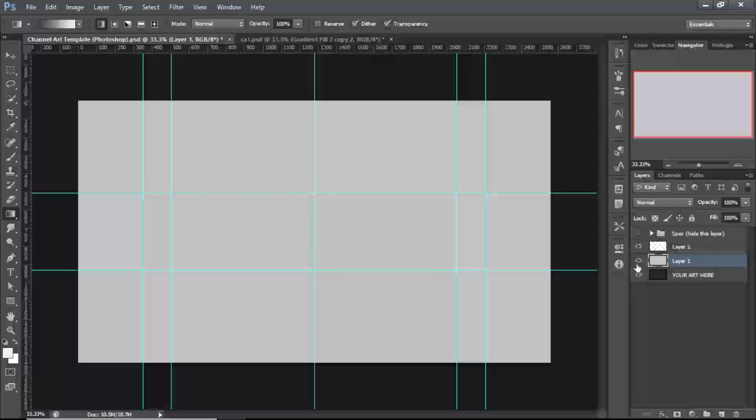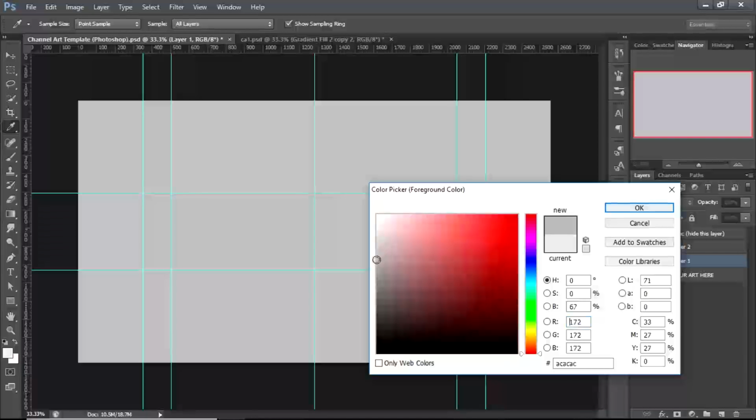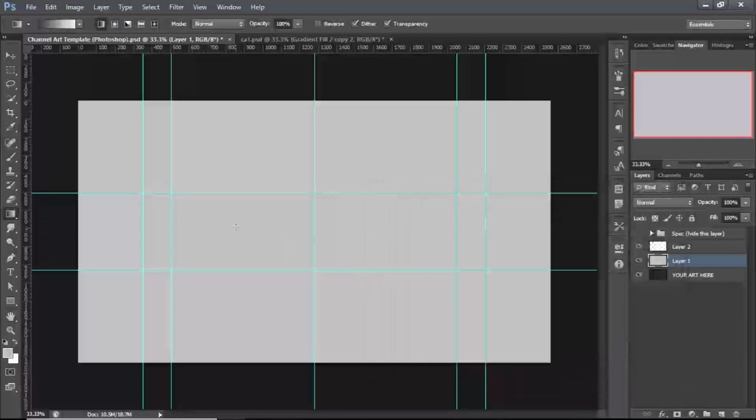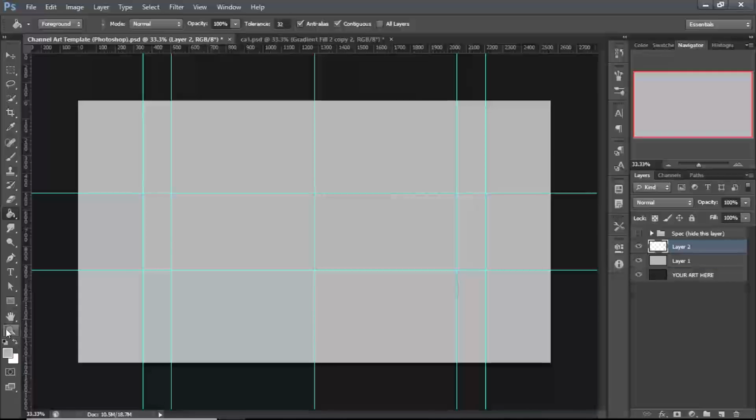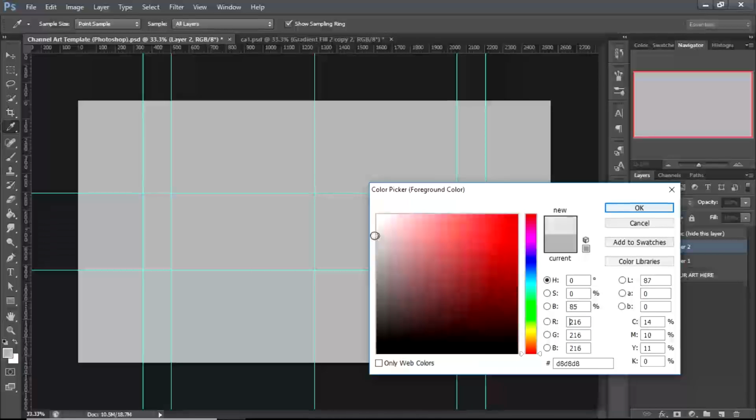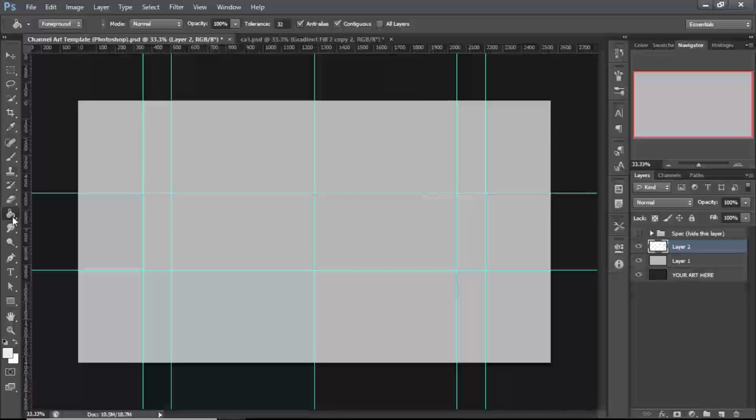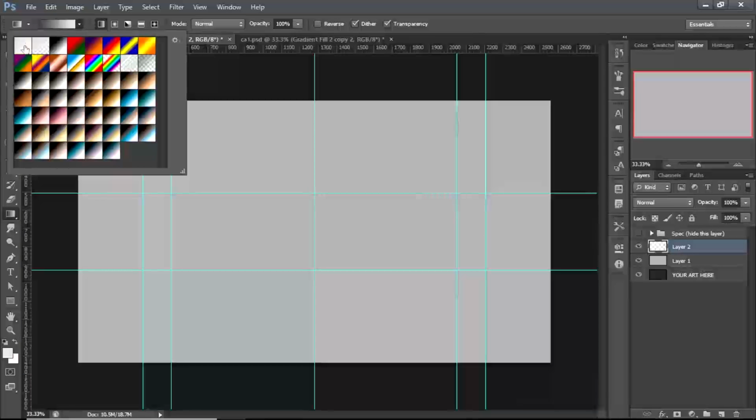Let me first change this color value so that maybe you would see it very clearly. Make it a little darker. So I'm making it a little darker so that you can see it. Going back to this lighter color, we want to make a light color but not turning towards white too much. So when we get our gradient tool, we now click here. You'd see it here, right? So you click,